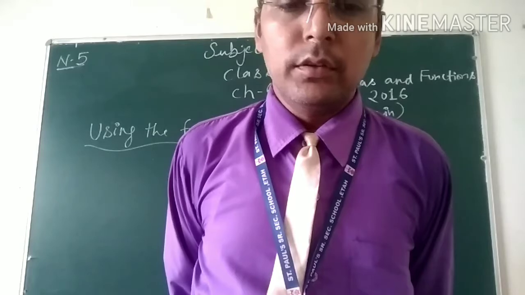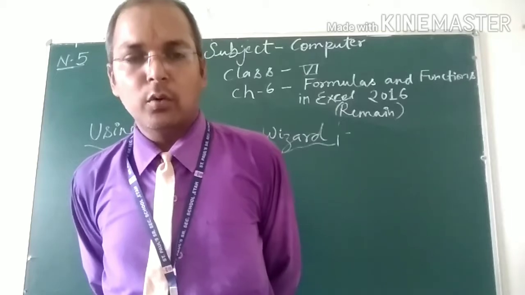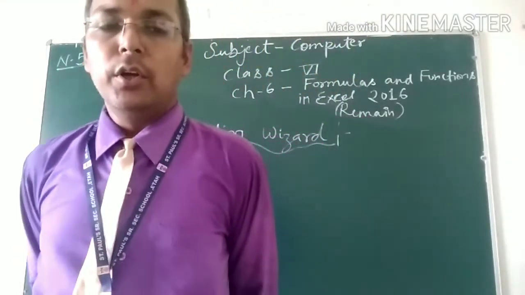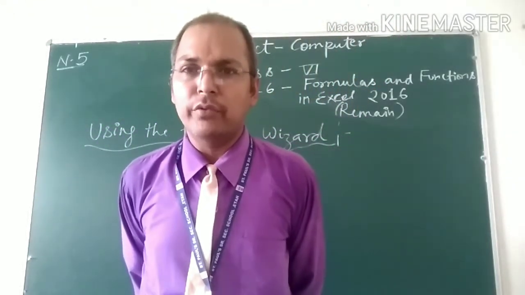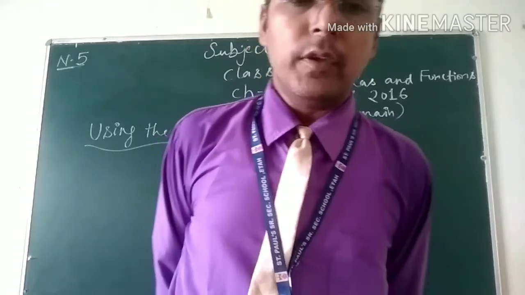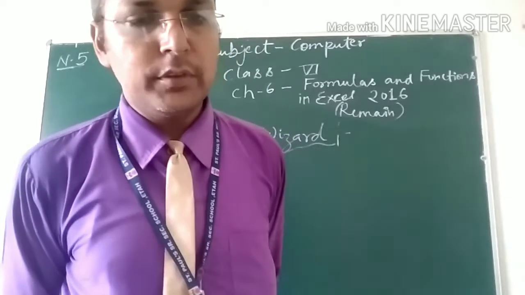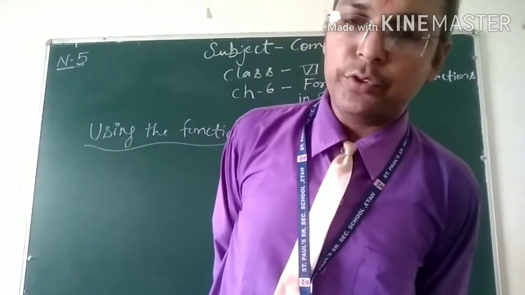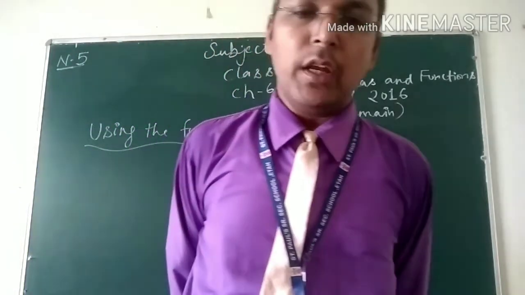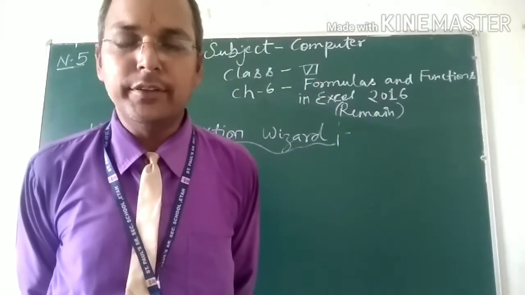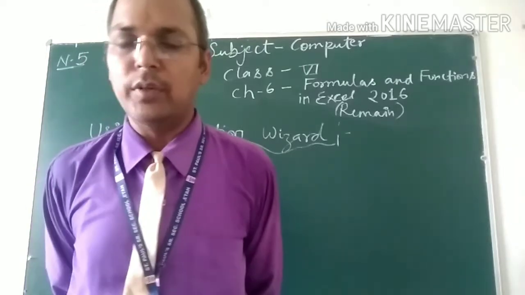Choose the function from the select function list. For example, select average. Click on the OK button. You can choose another function if you want to, but in this example we are discussing the average, so we choose the average. Click on the OK button. The function arguments dialog box appears as in figure 6.15. The function arguments dialog box prompts you to enter the numbers. You can also enter the range of cells in the Number 1 text box. Click on the OK button. The average gets displayed. Similarly, you may use the function wizard for functions like sum, max, minimum, etc.